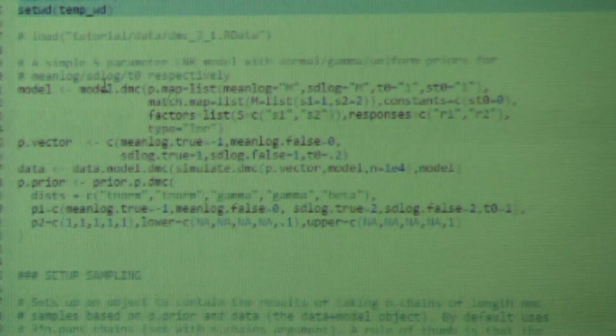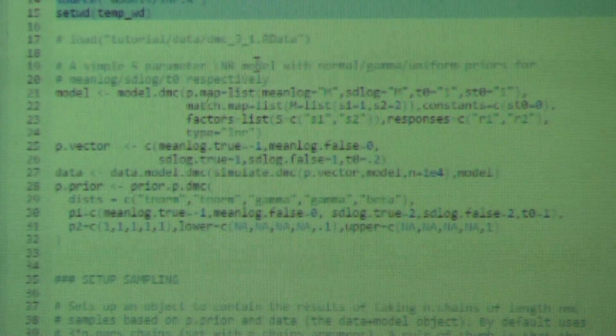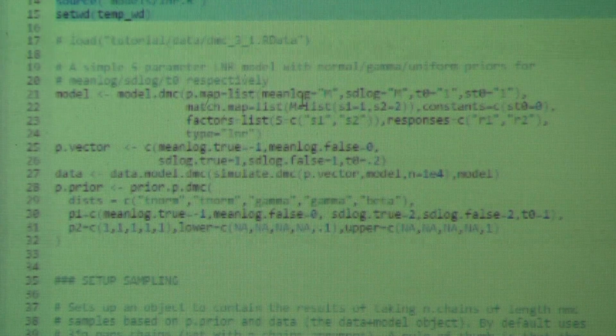All right. Now I'm going to set up a simple 5-parameter LNR model, meaning that I'm